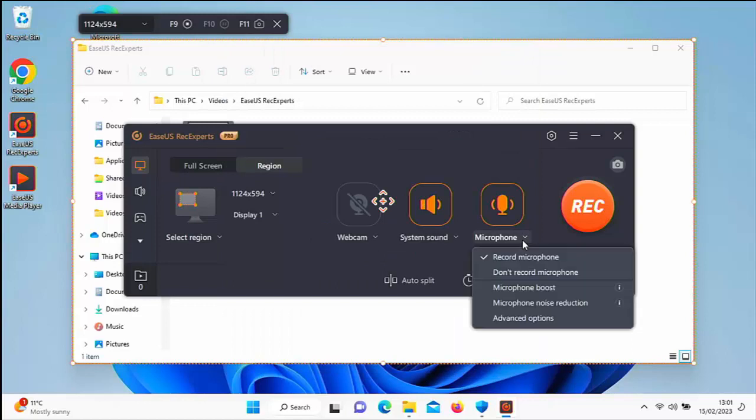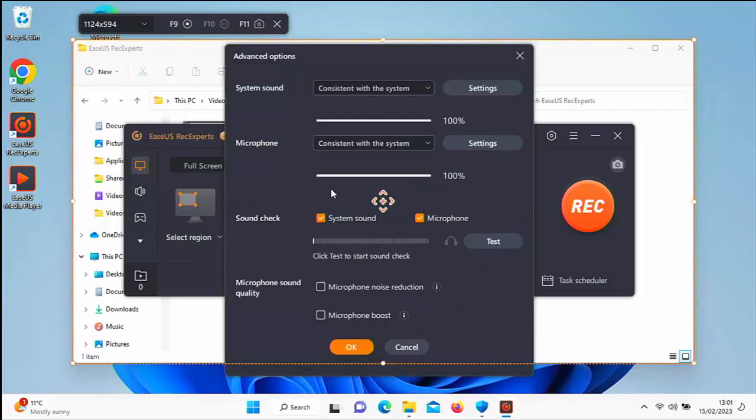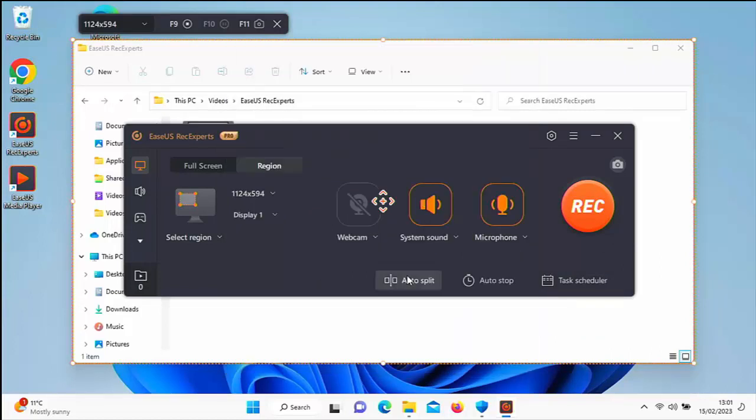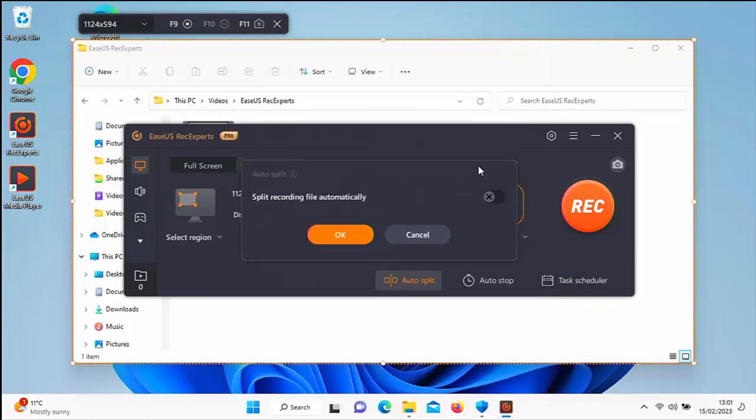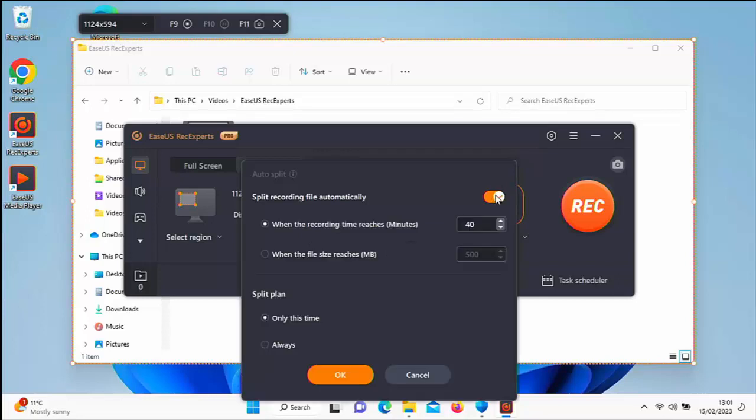On the microphone, again, same sort of thing here. You've got record microphone, don't record microphone. You've got the microphone boost, microphone noise reduction, and advanced options there, where you can adjust levels. You've also got down the bottom here auto split, so you can split the recording file